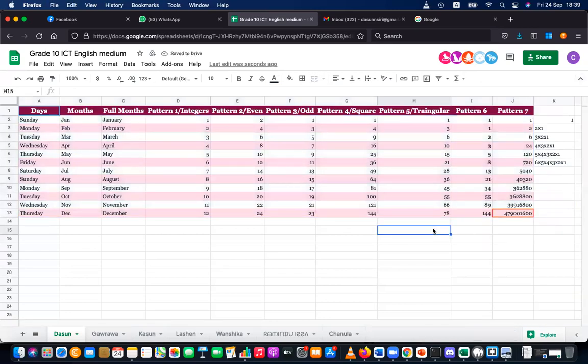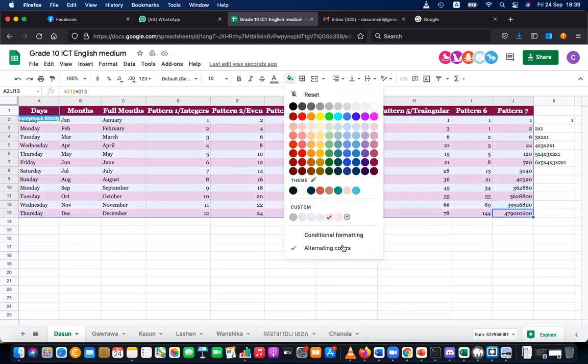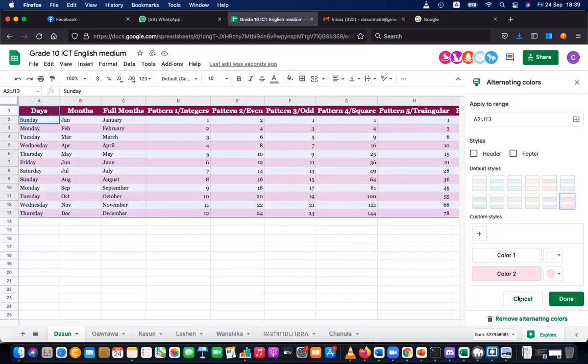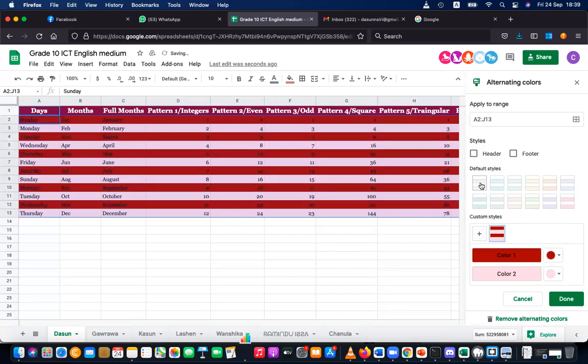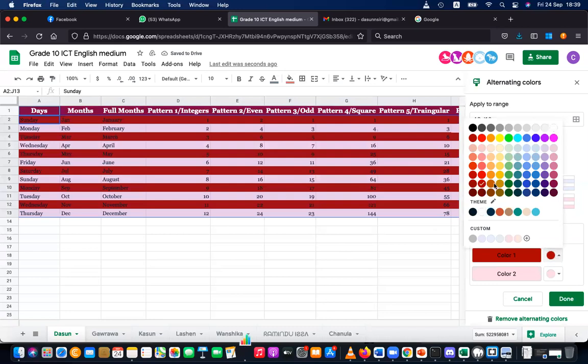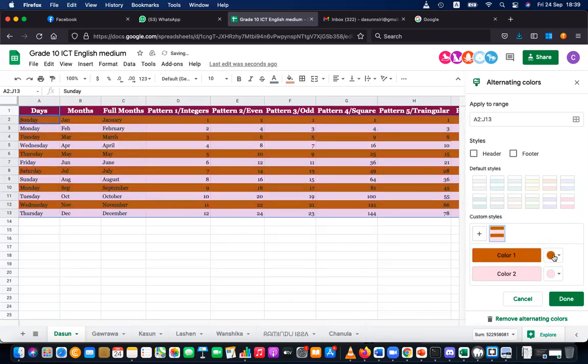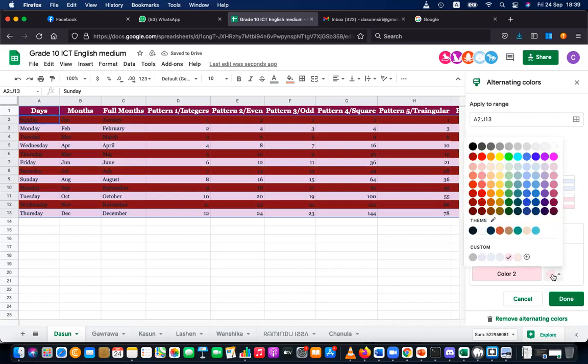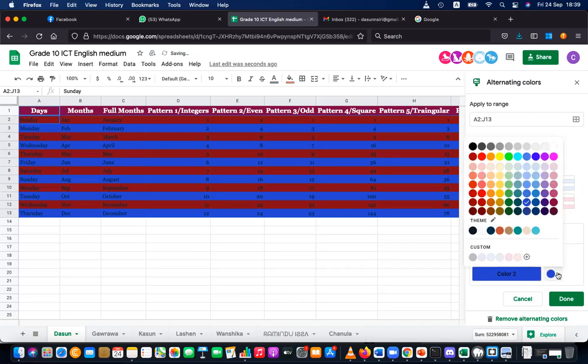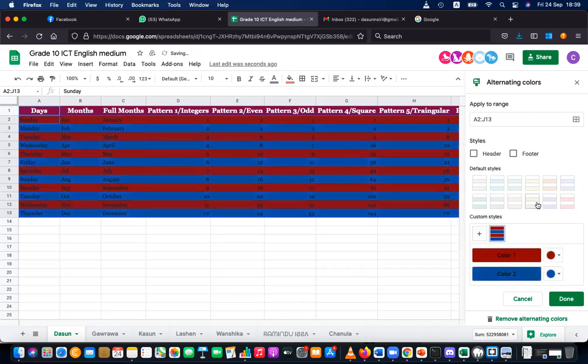Okay. Then I'll change the colors of this actually. I just need some different, additional colors, and some dark colors. Let's use dark red, maybe dark orange, maybe dark purple. Okay, this is good.